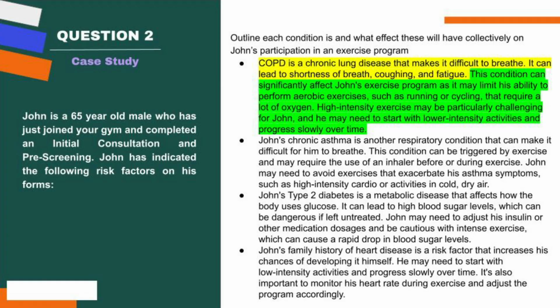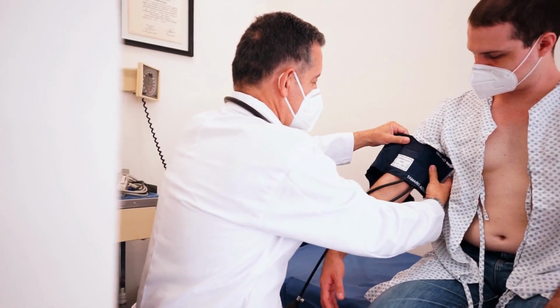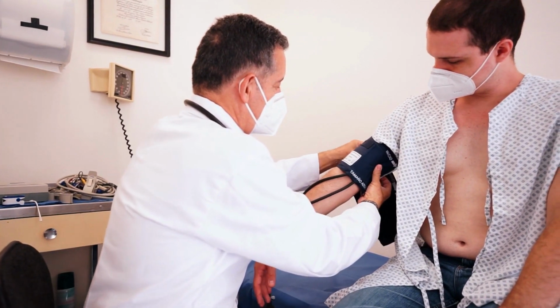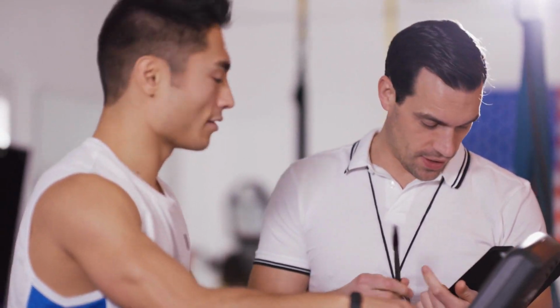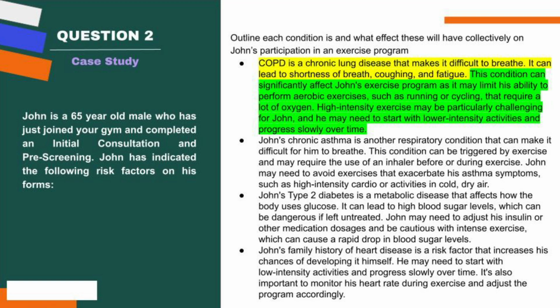Firstly, John's been diagnosed with COPD, a chronic respiratory disease often associated with smoking. It's a byproduct of smoking, if you will. This can cause shortness of breath, reduced lung function, and also a reduction in his tolerance to exercise. So if we account for these first two straight off the bat, when he is exercising, these two are going to limit his ability to go for longer periods of time or at higher intensities. We need to tailor John's program to accommodate for this and make sure that he can exercise safely, and that we're not